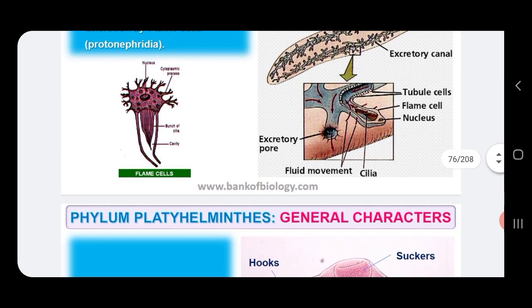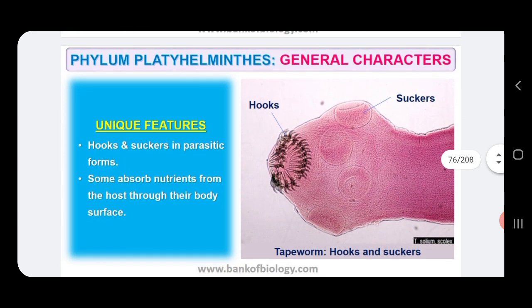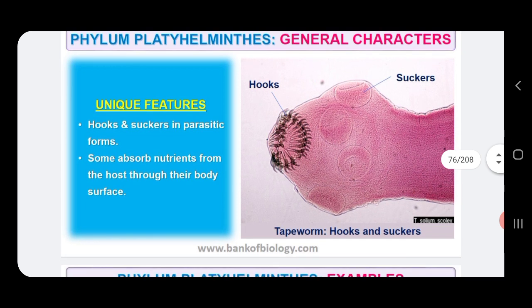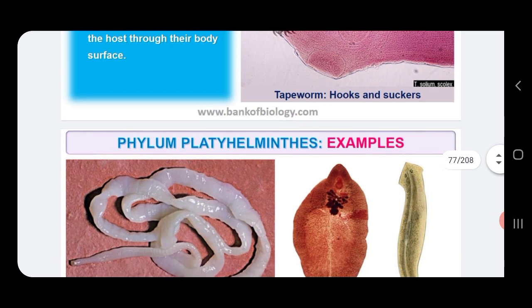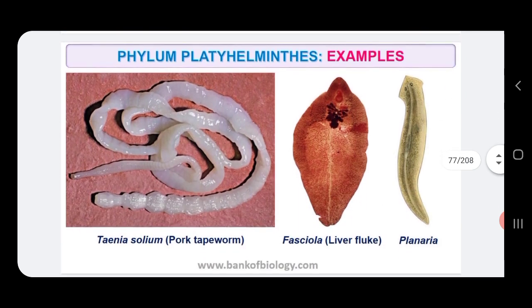Then next is the presence of hooks and suckers. They have got hooks and suckers in parasitic forms, so that they can absorb the nutrients from the host through the body surface. Next are the examples: Taenia solium, that is pork tapeworm, and